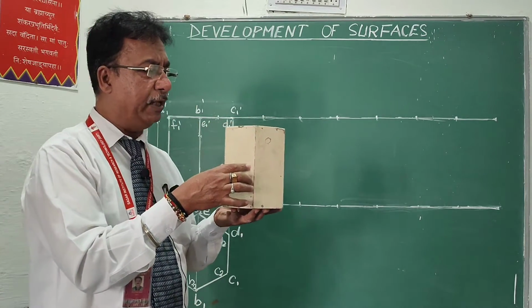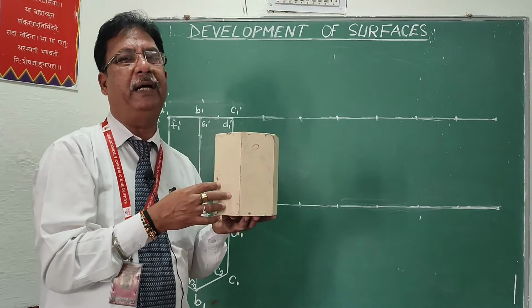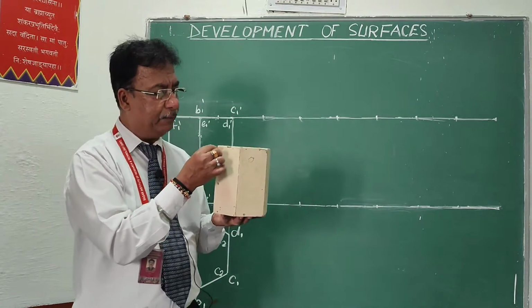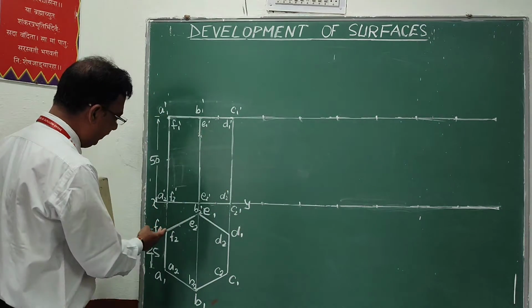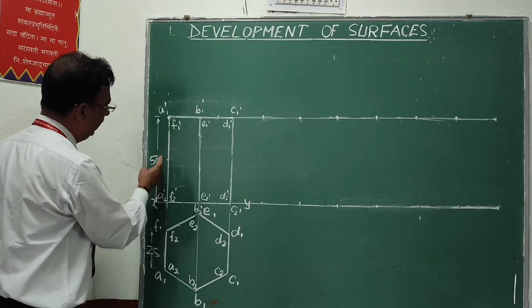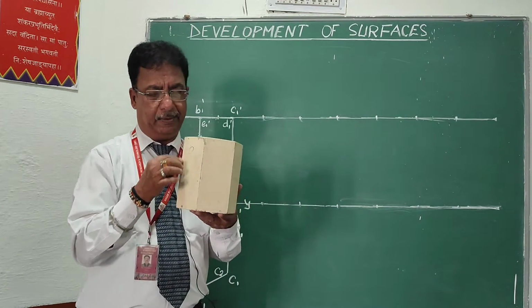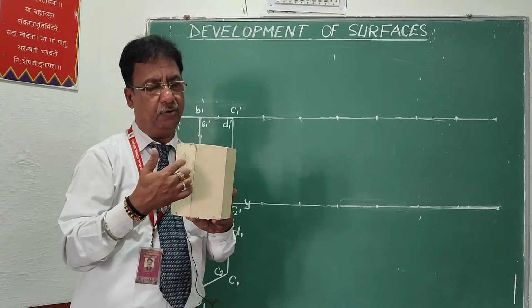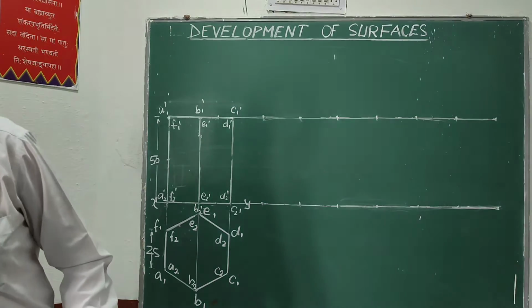Now if I want to develop this solid, suppose this solid is wrapped by a thin sheet of paper, and I am going to cut that sheet along one of the edges, the extreme left edge, which will be A1 dash, A2 dash. So from this A1, A2 edge I am going to open it. So 1, 2, 3, 4, 5, 6, 6 flanks are going to open.